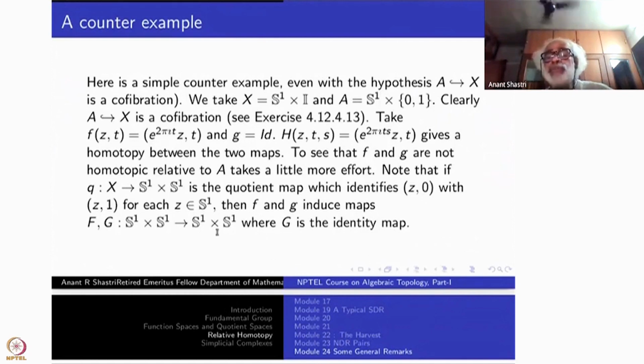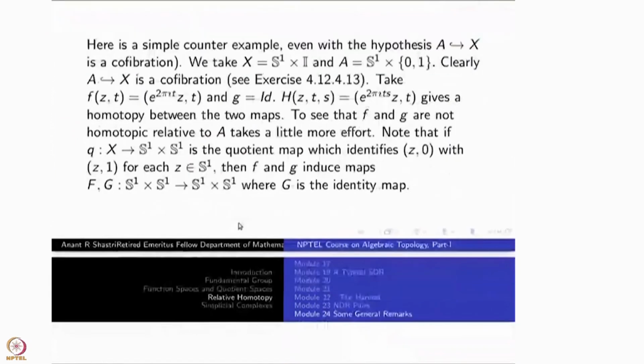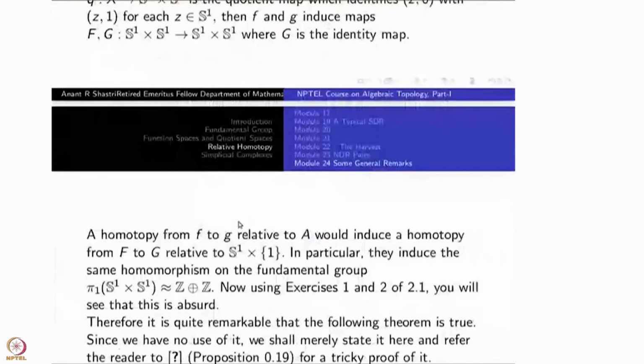So finally, you have to do this one. For this, you have to compute the corresponding homomorphisms on the pi 1. You have computed that the pi 1 of S1 cross S1 is Z cross Z, the abelian group of rank 2, because pi 1 of S1 is Z. Using that, you can compute the homomorphisms of fundamental groups induced by F. The one induced by G is an identity map, because G itself is identity. So what happens to F? That's what you have to show.